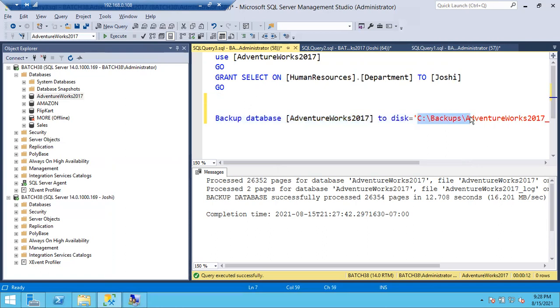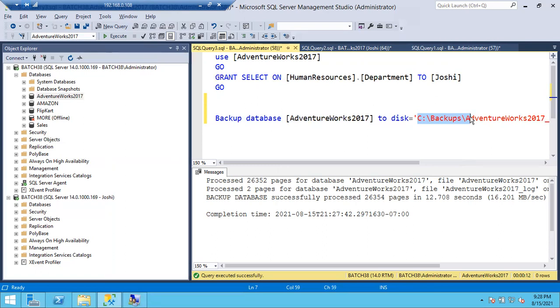So now you came to know how to take a full backup, in how many ways we can take the full backup, what is the backup set, what is the media set, and what is the default path of the backup location. Is it clear? Any issues, any doubts? Yes. Okay, fine, very good.